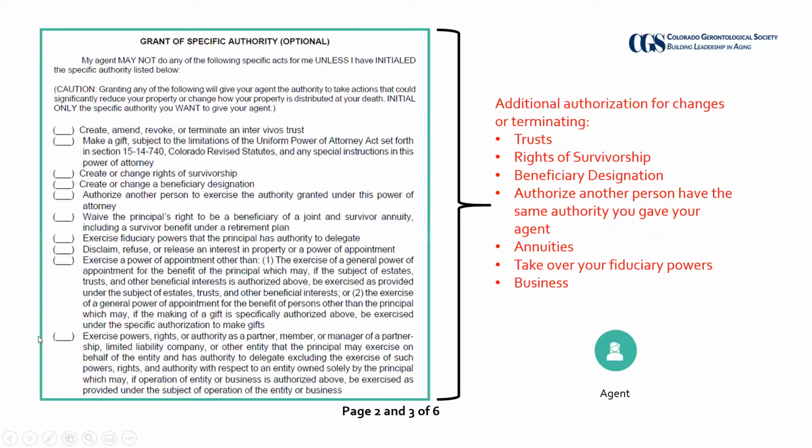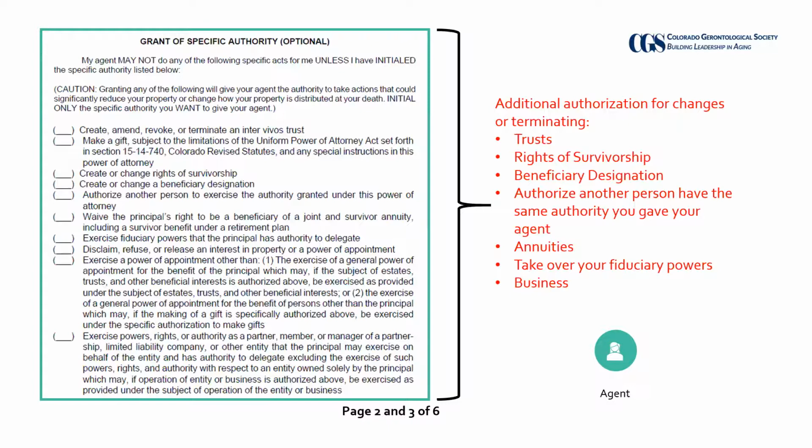So next, this is part of page 2 and 3. There are other optional authorizations that you could go ahead and give your agent. This could be everything from changing or terminating trusts, rights of survivorship, changing the beneficiary designation on accounts, authorizing another person to have the same authority you gave your agent, annuities,